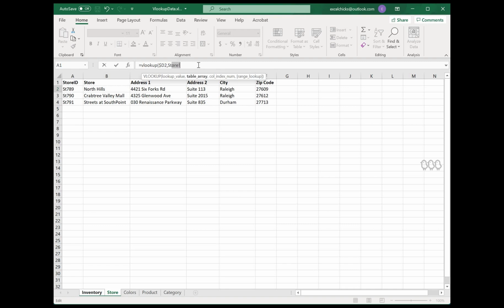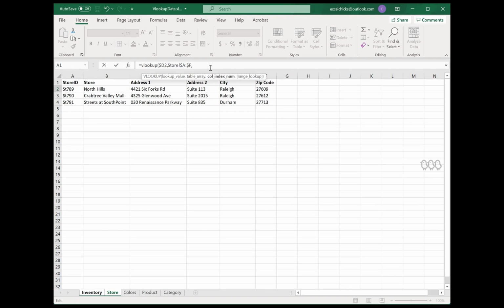And delete this and go ahead and select my table array. So I'm selecting columns A through F. And because we're going to be using this and copying over this formula, I'm going to use absolute reference. Our data is always going to stay in A through F in this example.